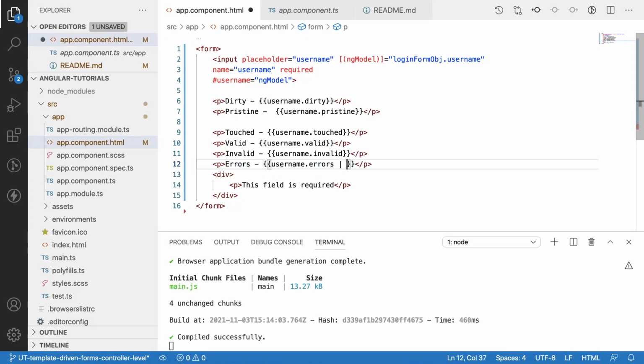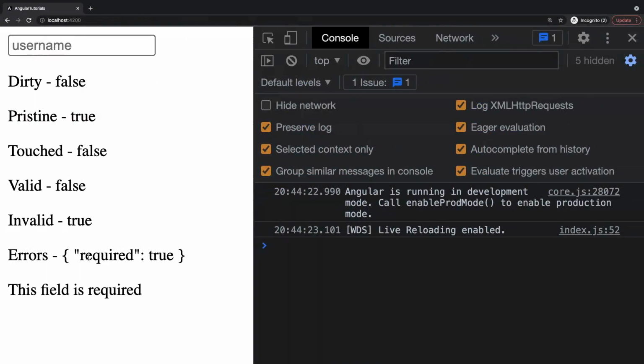So to see this in a proper way, we can use a pipe called JSON. Let me save this, and if you go back and see here, there is a required property true. Why? Because the field has a required validation. That means all the different types of errors will be captured in your errors object. For example, let me enter something inside this field. If you see here, I have entered something, so required is not an error now, because already I have entered it and the required field is valid. Now my validation is true as well as errors is null. So this is how you can find your errors, and based on your errors we can find the proper output.